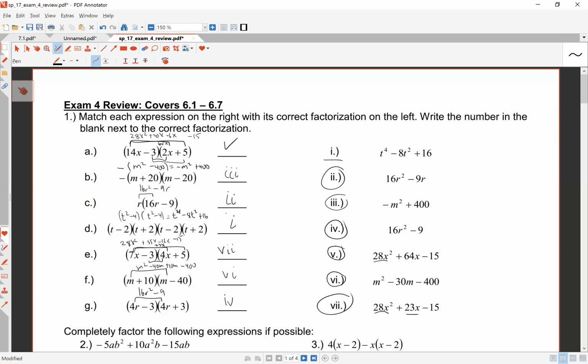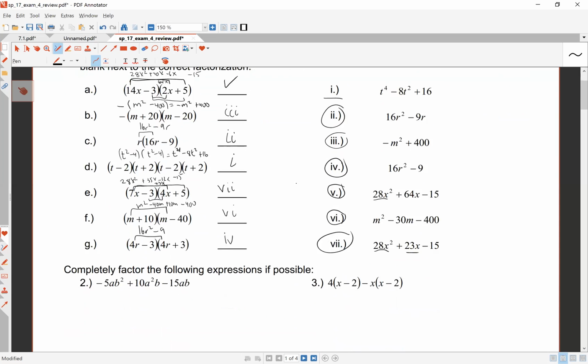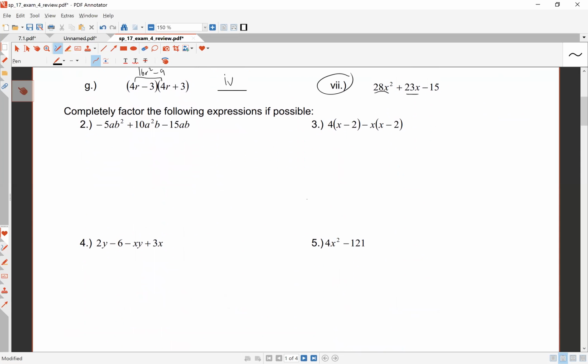Okay, those should be pretty easy if you're careful. And now the open-ended responses. Completely factoring. Completely factor. The number one thing we always look for is the greatest common factor, and in this case, the GCF is